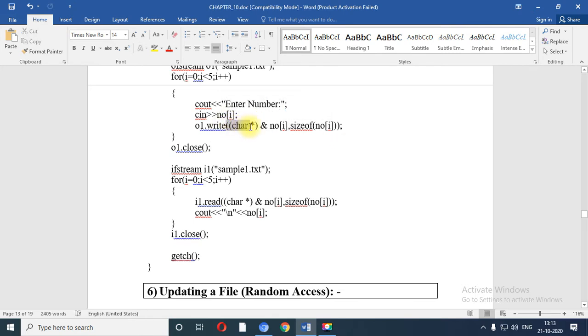Here, character pointer, ampersand, that is the address, and then number[i]. In number[i], the first time the value of i would be 0, so number[0] contains, for example, 11. So this 11 is going to be stored inside the file. Now I need to specify the size of this variable in bytes, so it will be stored in memory. Similarly, I am going to close this.